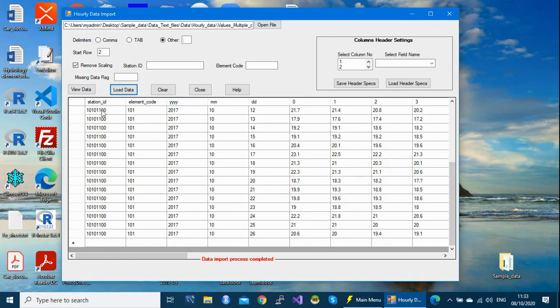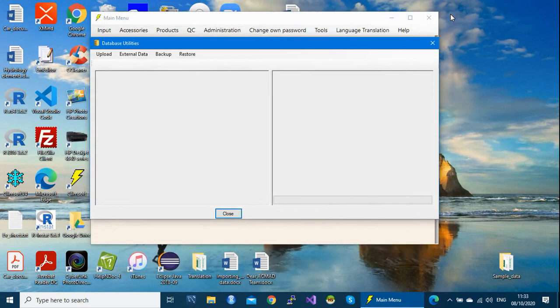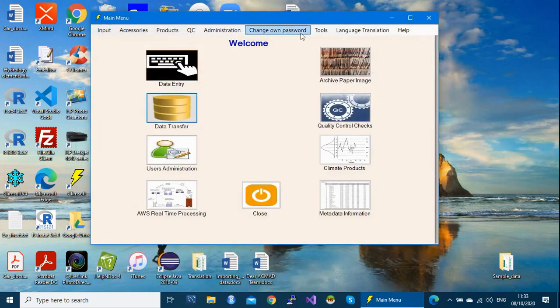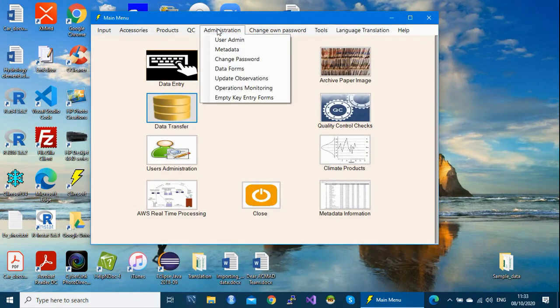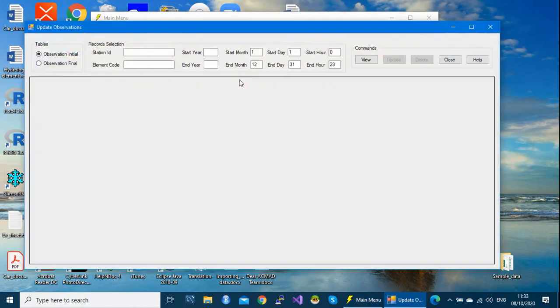This is the station, this is the year. If we close this dialog, come to administration, update observation, our data is in this table. Our station is 10, 10, 11, 00.